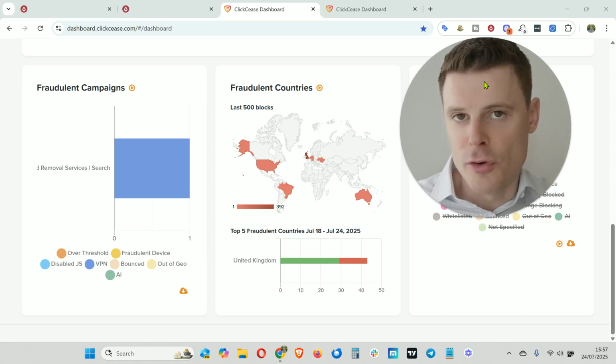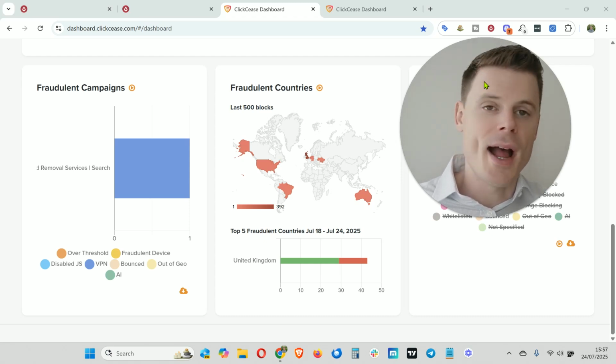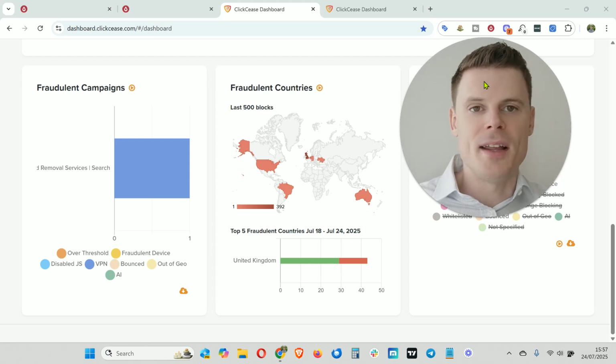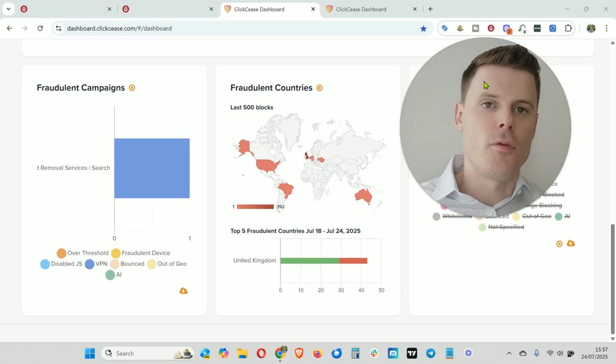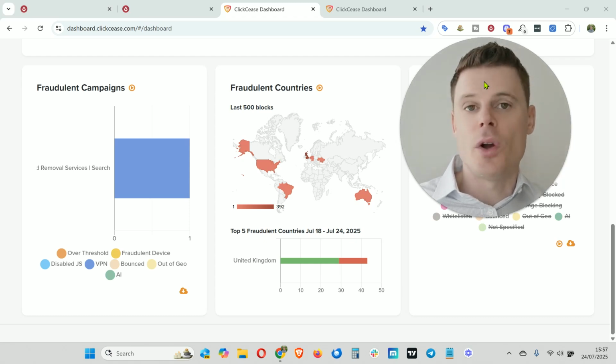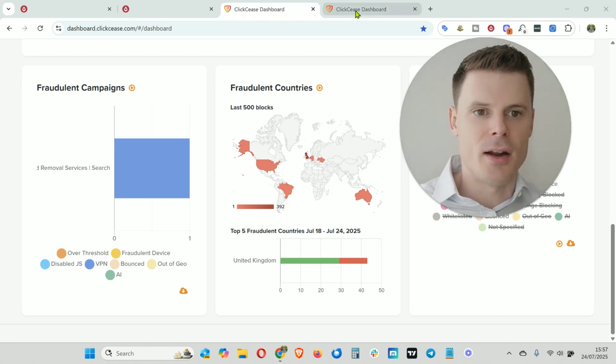Now, this is not a foolproof solution, and that's very important to note. And the reason for that is it's very, very reactive. In order to block a particular IP address, that IP address has to have already clicked on your ad. And so one drawback is you will always get, unfortunately, a certain amount of fraudulent clicks on your ads. The question is, how quickly can you block those IP addresses to prevent the repeated clicks on those ads